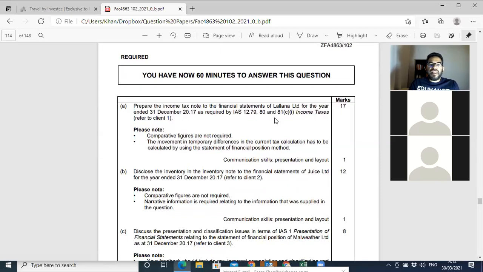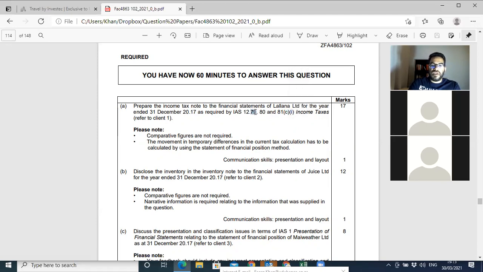Okay, so they say prepare the income tax note to the financial statements of Lalana for the year ended 31 December as required by IAS 1279, IAS 1280, and IAS 1281 C1 income taxes. Refer to Client 1. Comparative figures are not required. The movement in temporary difference in the current tax calculation has to be calculated by using the statement of financial position method. Okay. So 81C1, that refers to how the tax rate recon needs to look. So this C1 is numerical. I think